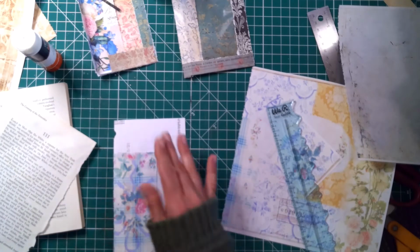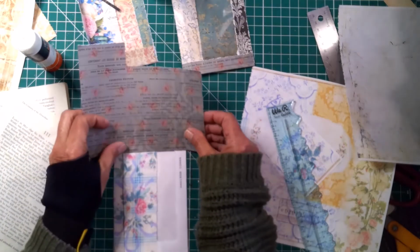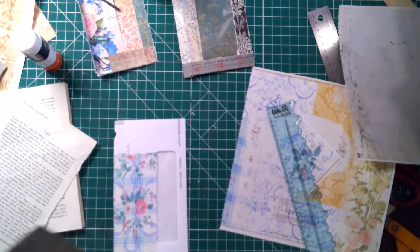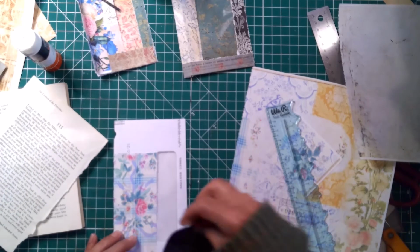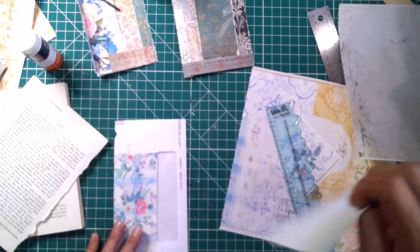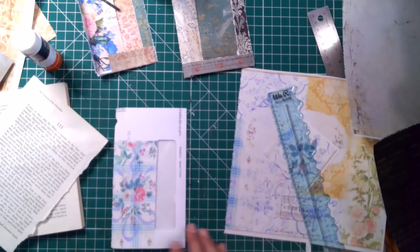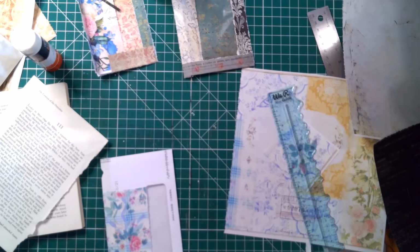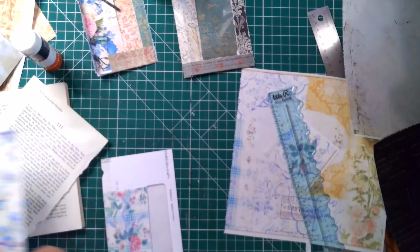I'll put that there. I feel like I need some... Nope, not dark enough. Maybe some of this paper. I'm really digging this paper. The black will be too harsh against that. Let's see, where's that other sheet of paper I pulled out? I don't want it too matchy-matchy either, which I think would be